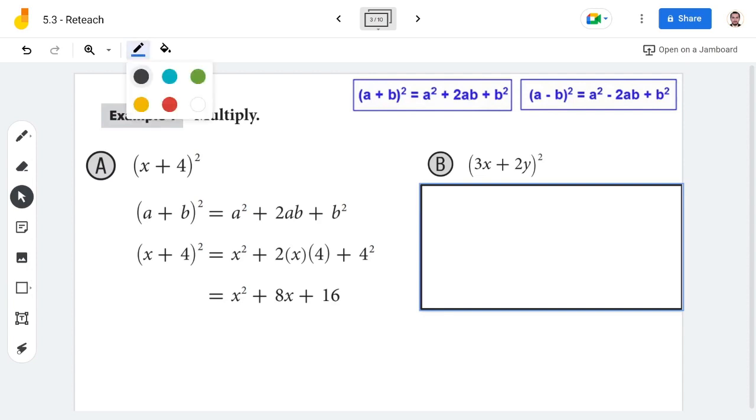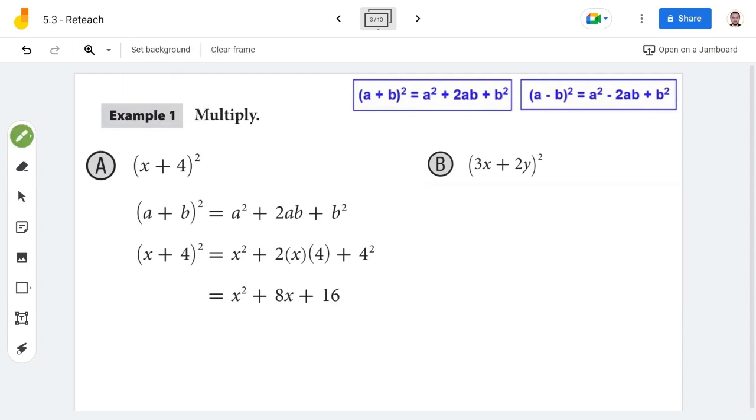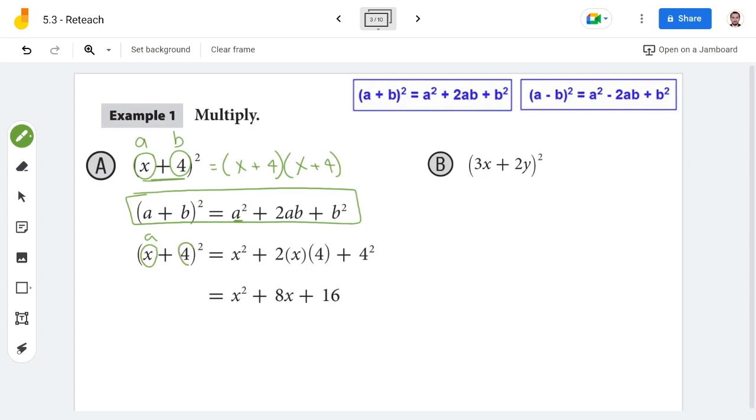What are we going to do? Look at this question here: (x + 4) to the power of 2 means (x + 4)(x + 4). We can use the distributive property to find the answer, but we are not going to use it. First, we will write the formula. This is my formula. This is A and this is B. Now you can just replace A and B. What's A? A is x, so x squared plus 2